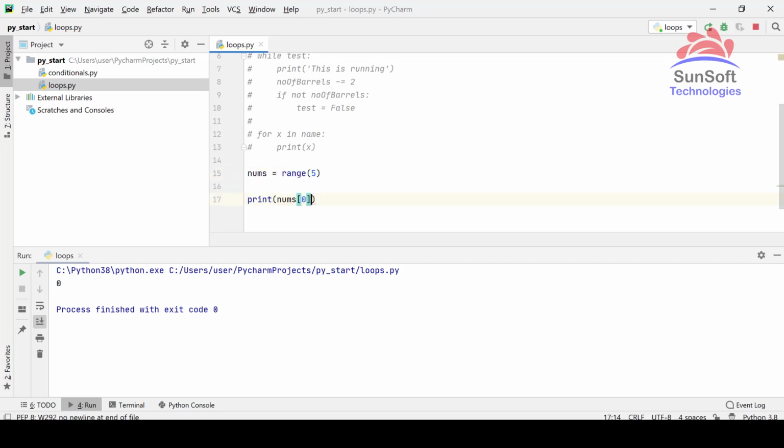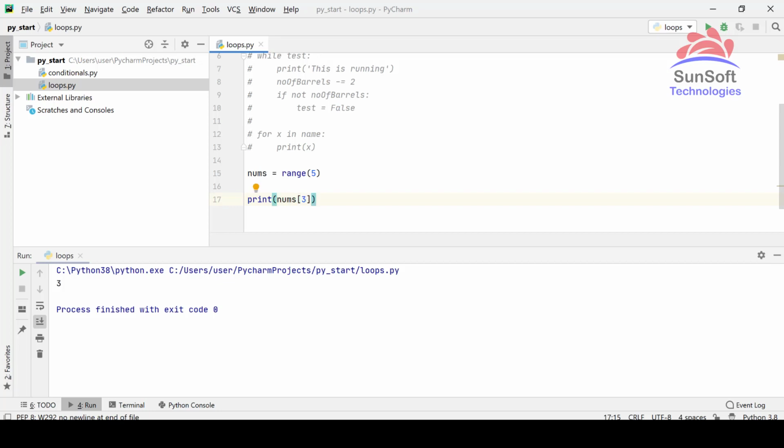This will give us 0. Similarly, if I want to print out the value for 1, then it will give us 1. This is doing this because it will not give us all the values at once. As long as we ask for it, then it will give us the values. So that saves us the time.